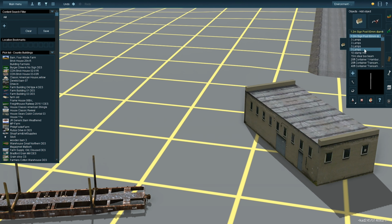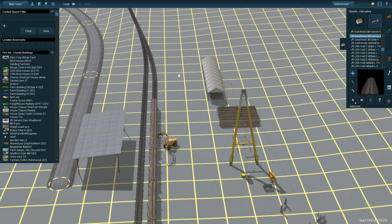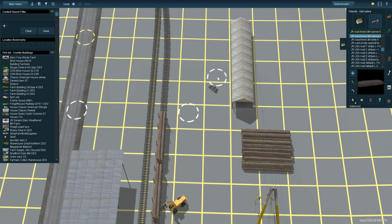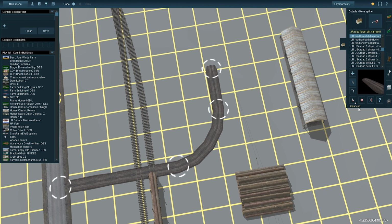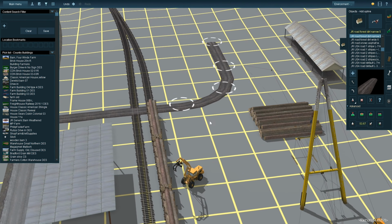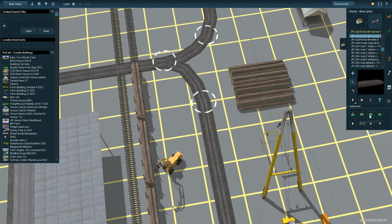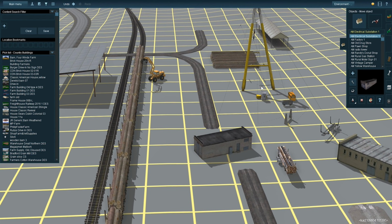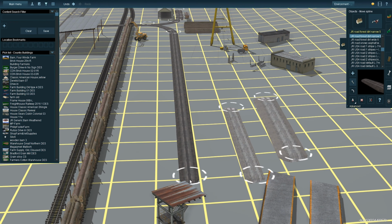Now, the Moss Creek branch is a fun little branch line, and it's very scenic, it's very woodsy. It's about 3 miles long, and it comes off of the Pleasantville secondary, as I had said. And this is meant to be a very scenic line, and this is at the end of the Moss Creek branch. We have a little logging industry here. I can't remember what the name of it is off the top of my head. I'll have to reference my paperwork, but this is where we're going to get all of our pulpwood for the paper mill and all of the wood for our lumber mills, which are on Paint Creek branch,